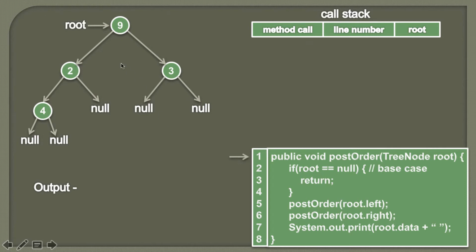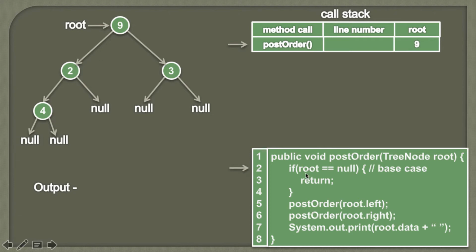So friends, here you can see the root is pointing to the node 9, and when we call this post-order method we pass the root node. So to this post-order we are passing the root node as 9. So friends, when the point of execution reaches this post-order method, we know that on the call stack there will be one method by the name post-order, and we also know that we have passed the root as 9. So therefore on the call stack there will be one method by name post-order which will start its execution.